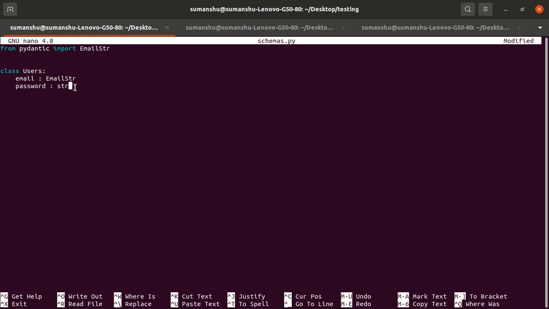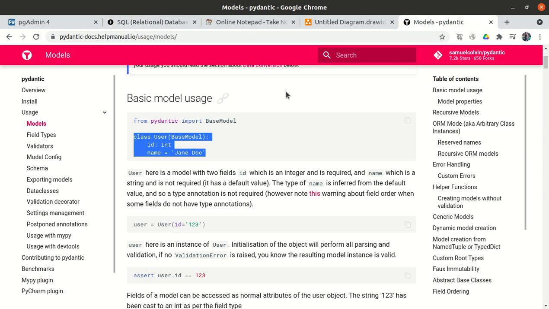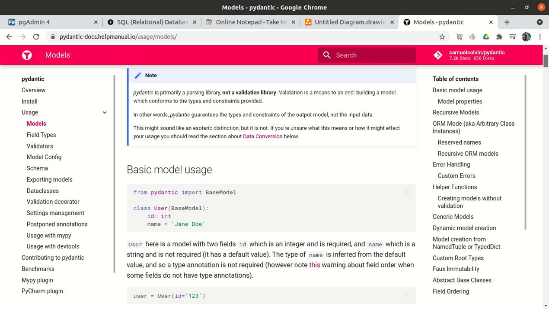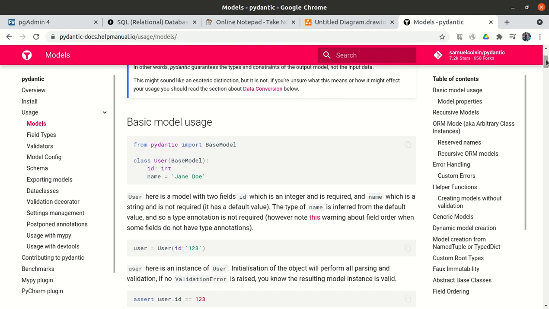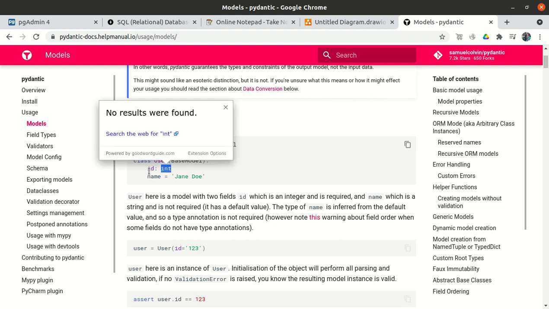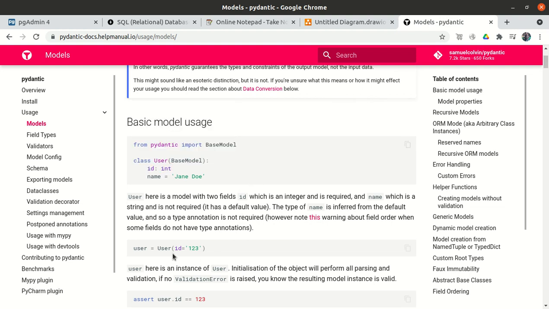But we have defined this as just a normal class, and this class should inherit from the BaseModel class, which comes from Pydantic. From Pydantic we have to import BaseModel. If you look at the Pydantic documentation, not the FastAPI documentation, if you have to do any kind of validation, like if you know it is an integer then we can pass the integer, if you know it is a string then within the function itself we can pass it.